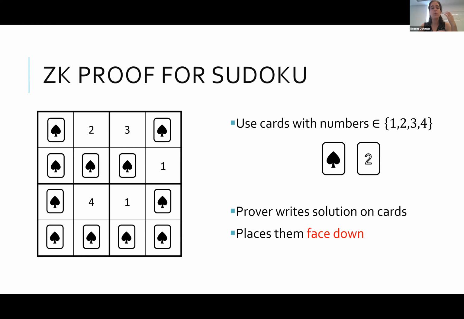And now, why should you believe me that this is the correct solution? You can't actually see the solution. I'd like to convince you that it's a good solution, that it's proper, but I don't want to tell you anything about the solution. So how can we do that? So here's the really